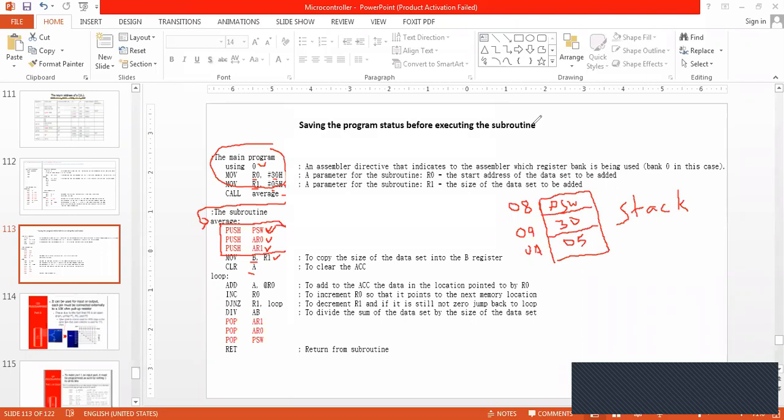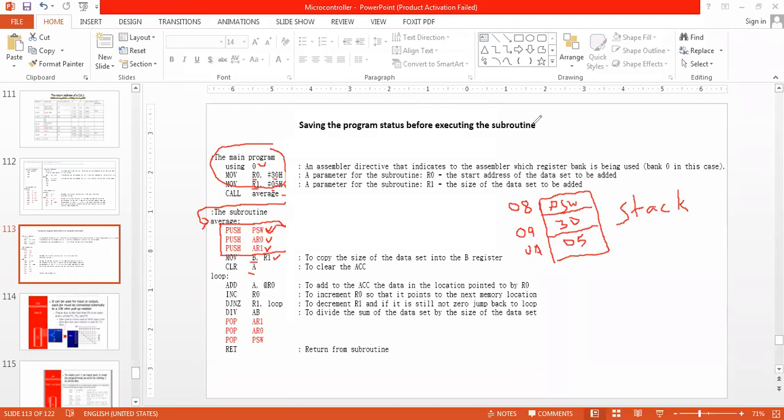We cannot write R0. There is a condition for this push instruction. We cannot write push R0. This one we have already discussed, no? Push R0 is invalid.